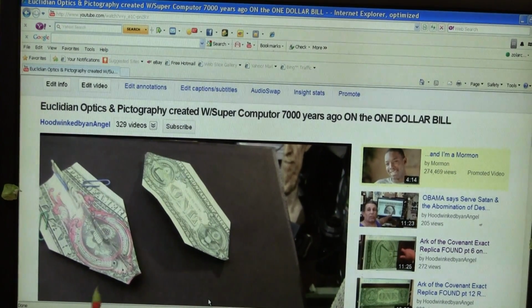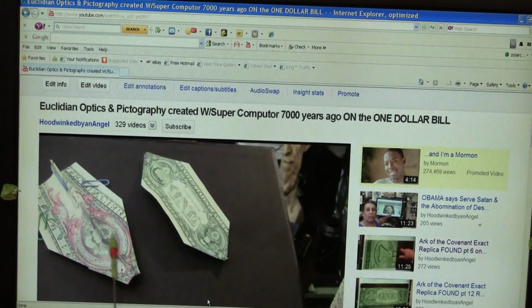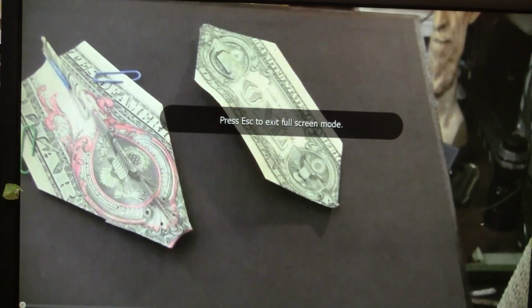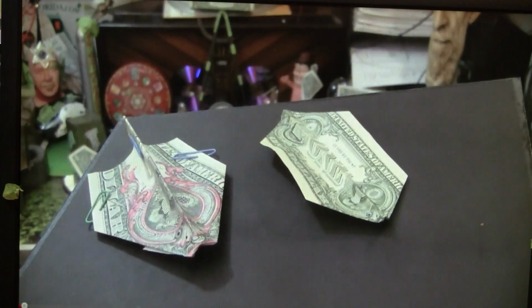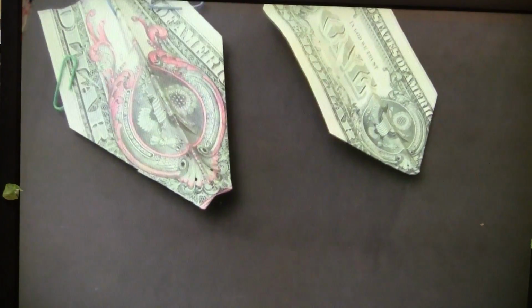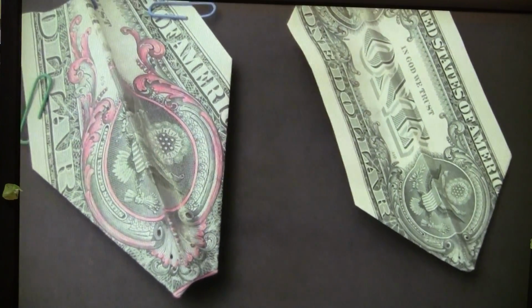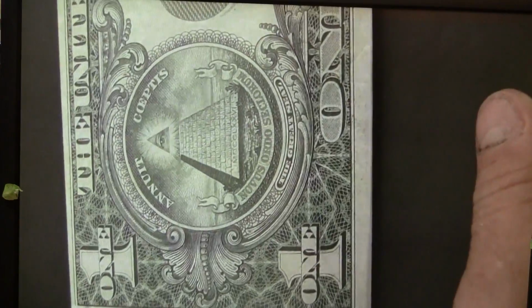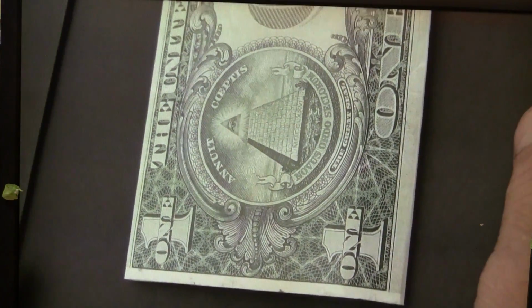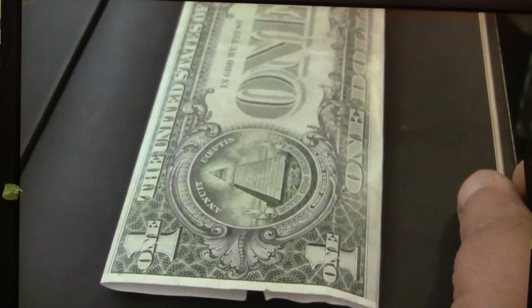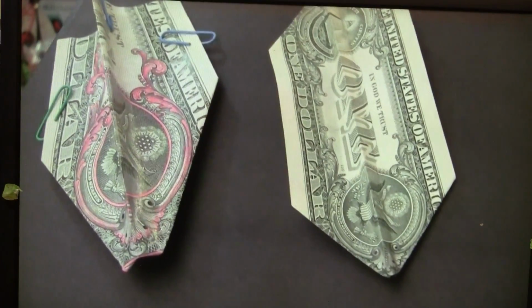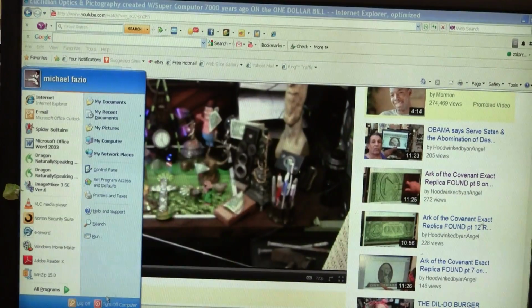This is another representation of the end of the $1 bill and the sixth-winged seraphim that I will enlarge and show you, so that you can see the methodology in which Euclidean optics takes hold of these seemingly simple pictographs or pictography or ideograms and changes them from a two-dimensional plane object that appears before you on your screen, from a two-dimensional plane view when you rotate it to a 45-degree angle, to what almost appears to be a bullock or a seraphim, and then when you give it the slightest bit of folding, it becomes a bullock or a seraphim. And that is how